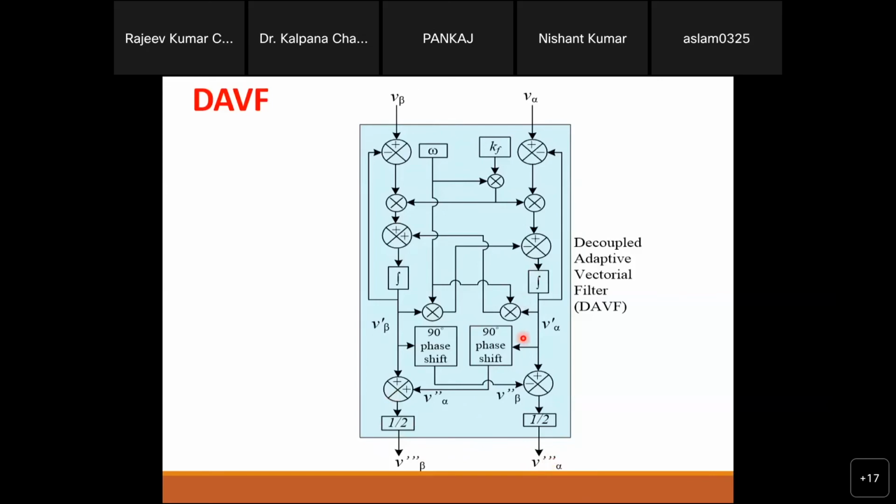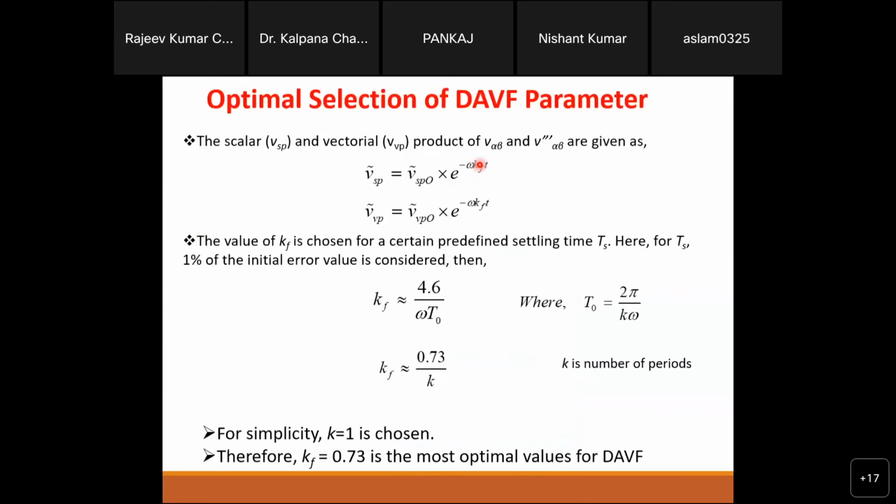You will see one constant, kf, here. So how we will get the value of this k, this is also an issue. For that purpose we can go for some stability analysis again. Here in this stability analysis, I'm not going to discuss everything one by one, you can go through the papers also. This is very simple, nothing else.